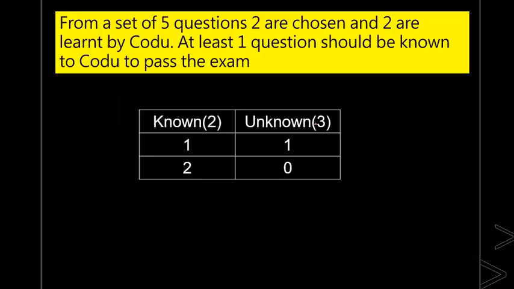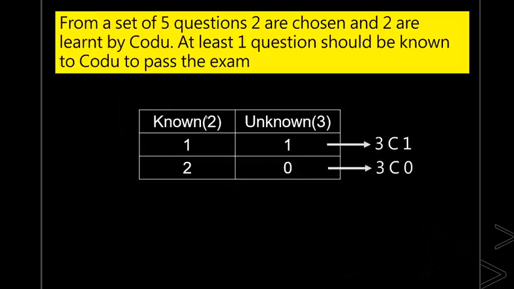So my chances are, in the question paper, they will ask me one unknown question. Yes, I don't know 3 questions. From these 3 questions, they may ask any one question. I cannot determine that, right? So the possibility is 3C1 in the question paper. Is it clear? From 3 unknown questions in the question paper, they are asking one question. So this is 3C1. Similarly, from 3 unknown questions, they are choosing 0 questions. So this is 3C0.